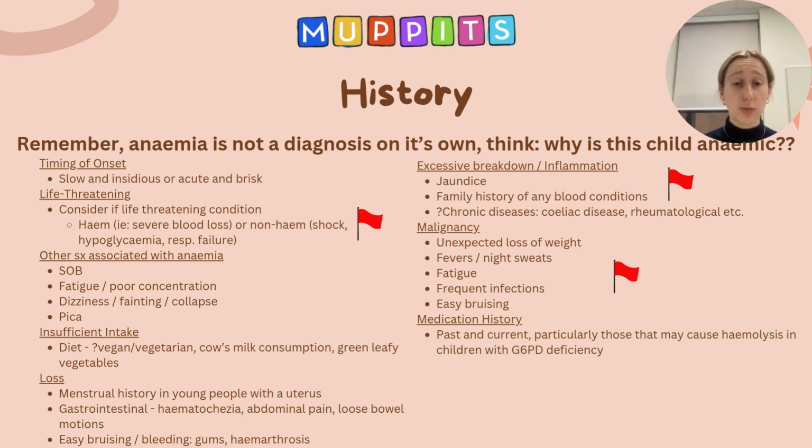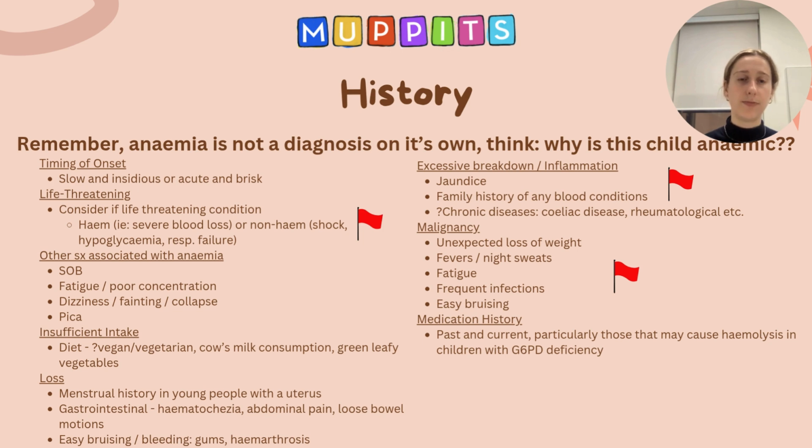Is there any abdominal pain or loose bowel motion? So think about IBD, celiac disease. And then considering, does this child have any easy bruising or bleeding? So asking about gum bleeding, bleeding into joints as well can be really important to consider. So do they, for example, have a thrombophilia or a factor V Leiden